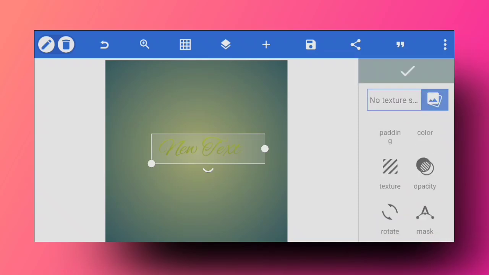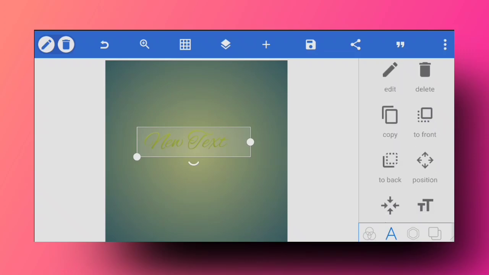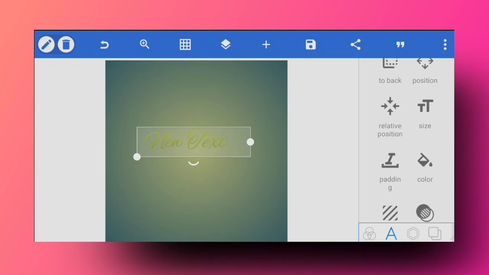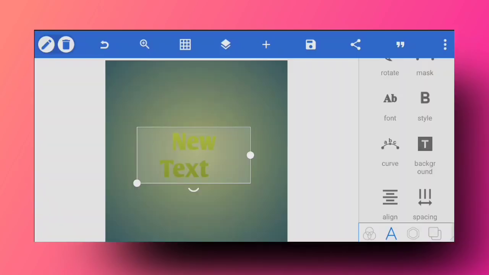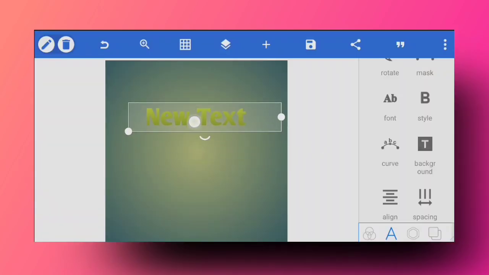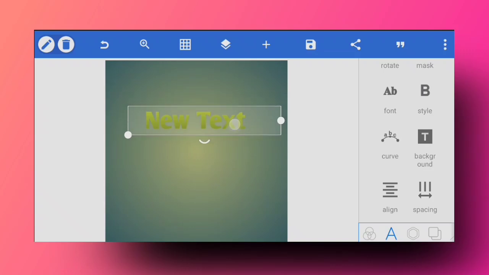Now texture is something that really comes in handy, and a lot of you have been using textures with logos or logo animation, or with text, and that is something really good. That is a next level use of texture. Texture is something that you can download from Google. You just have to search for texture of gold or texture of metal. You'll get lots of textures on Google, and you just download it and apply it.